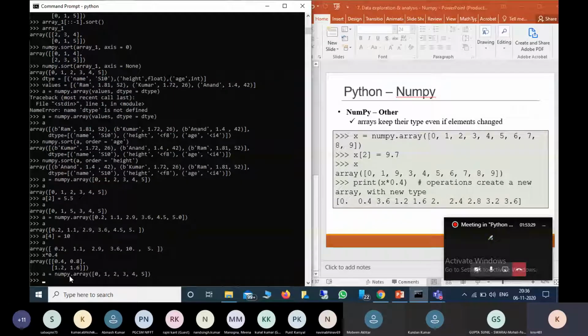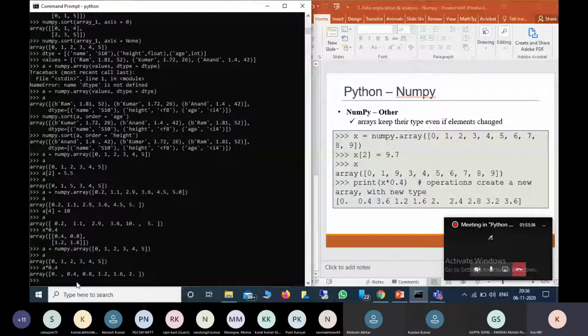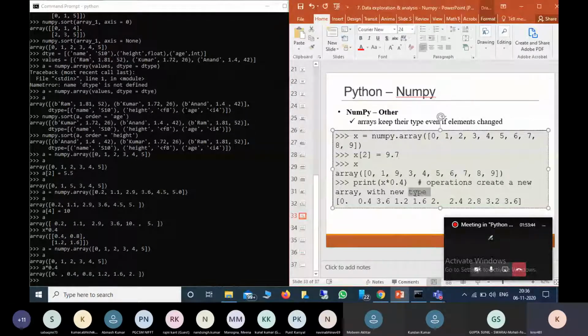Now if we see this one, a4, it will give all floats. So it is changing its type to a new type when you do some operations. There is flexibility: if there is some operation, it will change to its new data type, or if you only modify elements, then it will keep its originality.